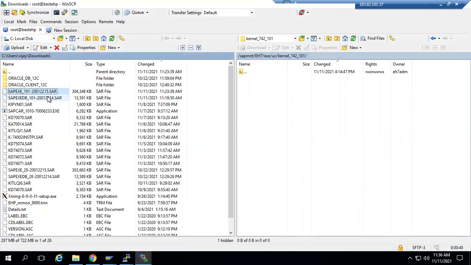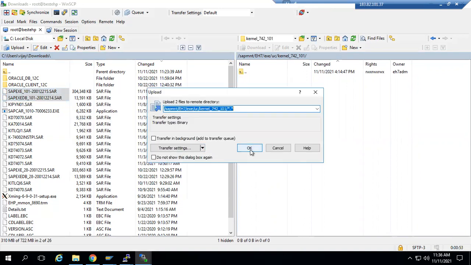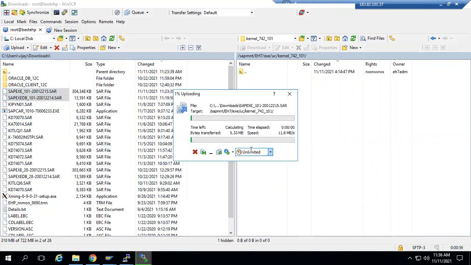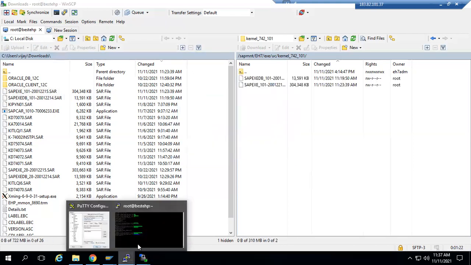So now copy this file. Upload. So now it has been copied.